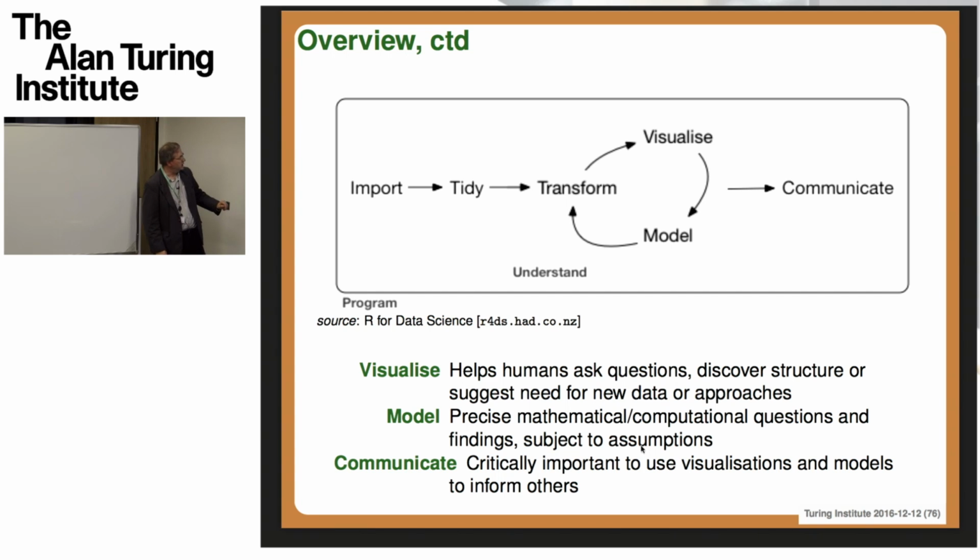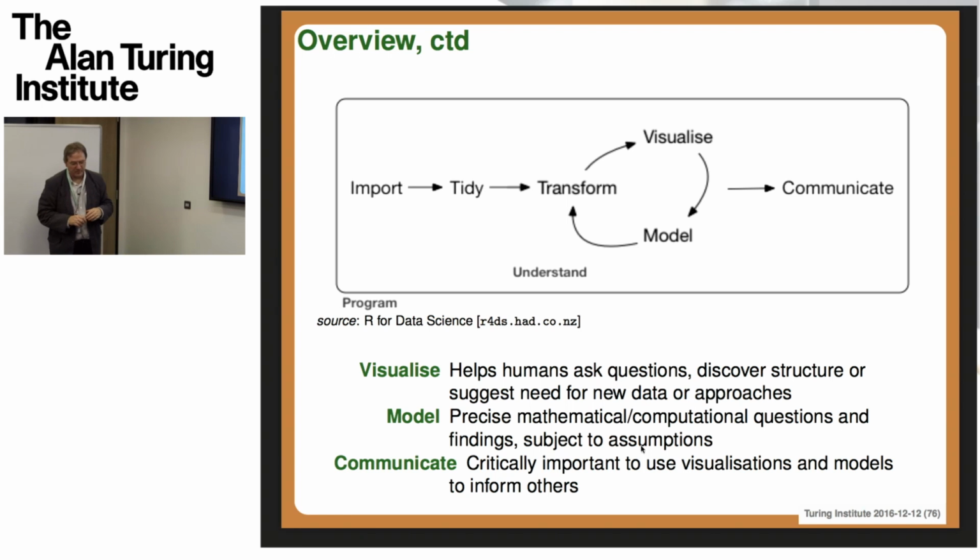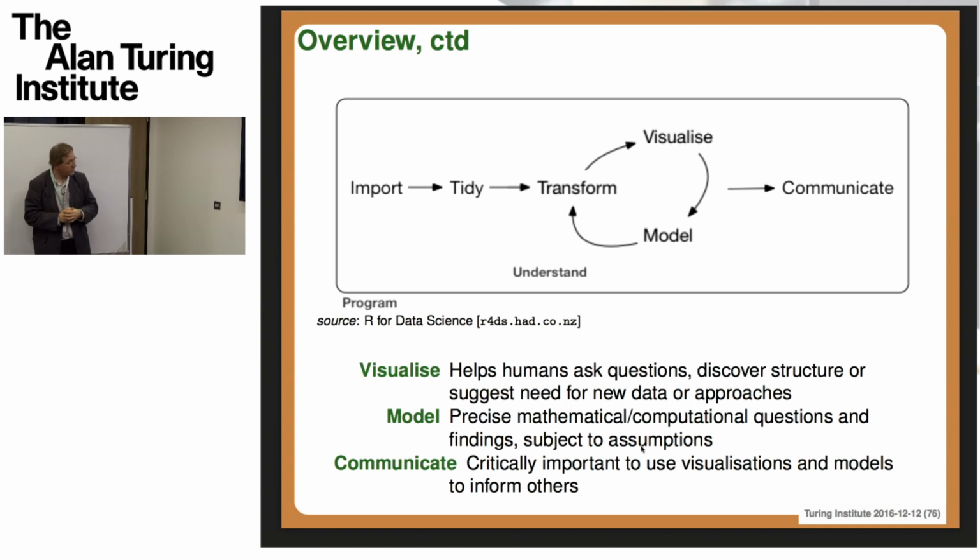This book is also freely available online. If you go to the website here, you can see the contents of the book in HTML format, very nicely presentable online. I think it's going to be published next month in the O'Reilly series. So I think this is also an extremely nice book. It's more hands-on with R, involving different aspects of R and data science.